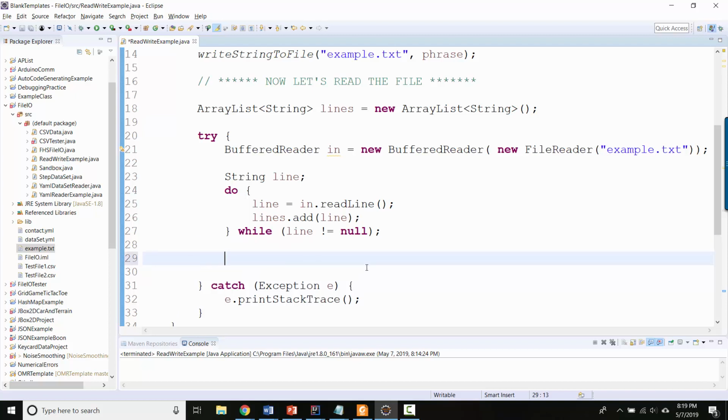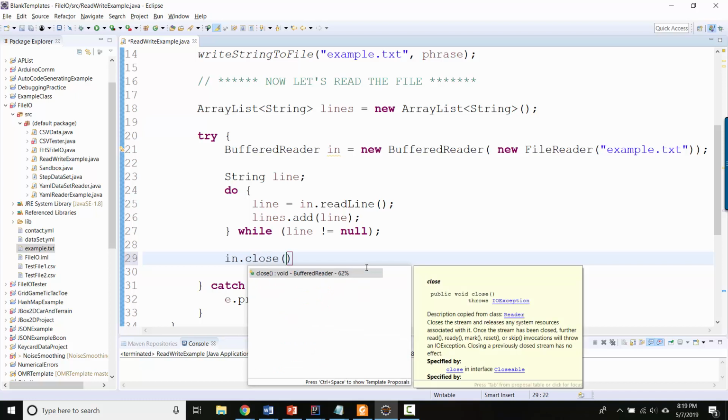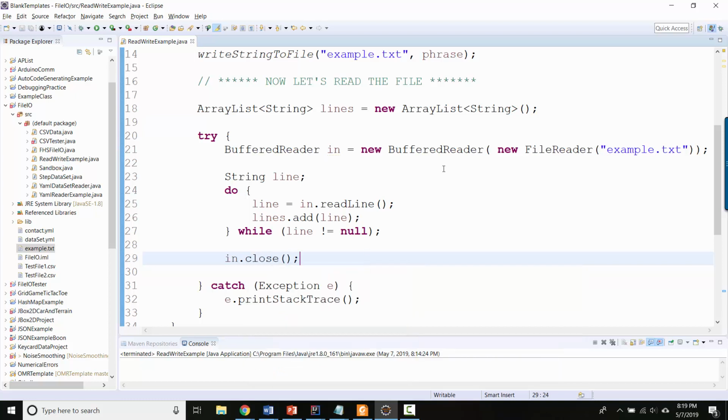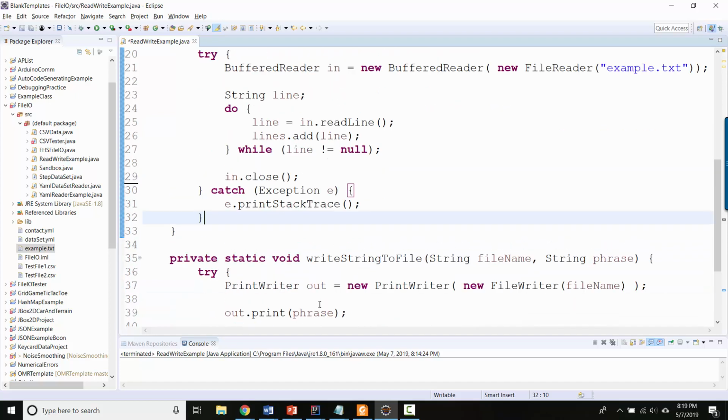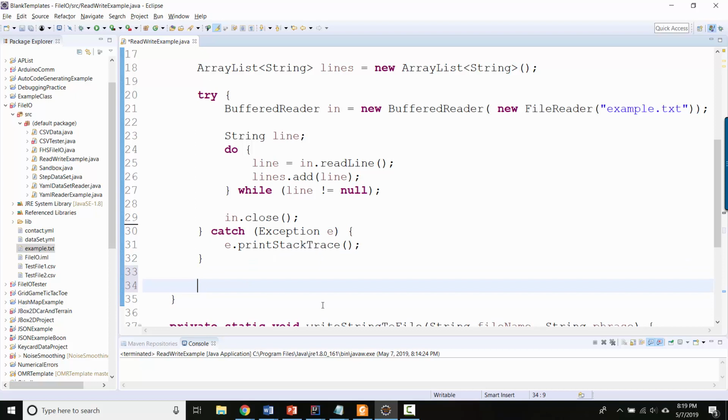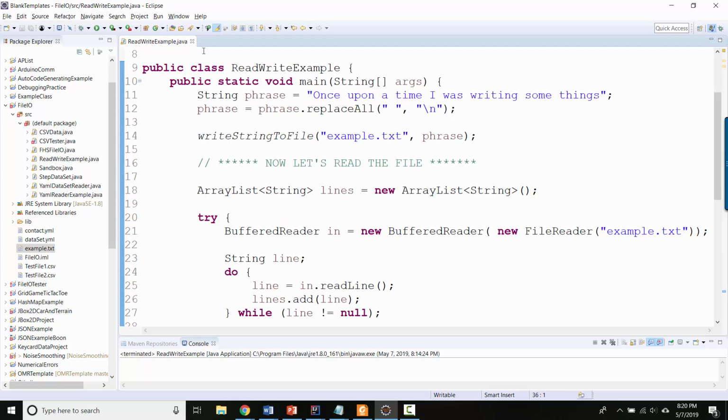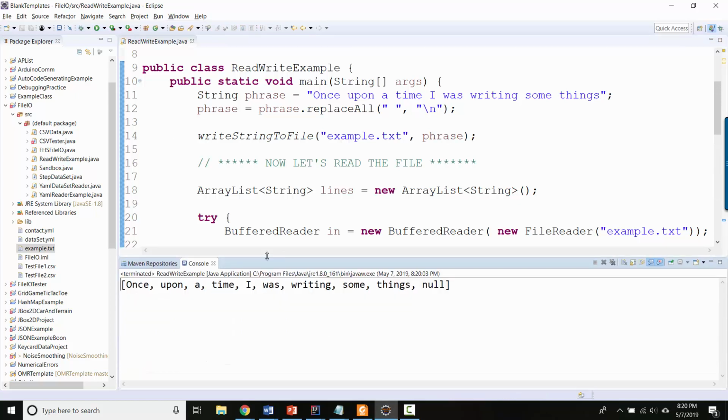And then what do I want to do? At the very end, I want to say in.close, because the file is open, and so I want to close the file once I'm done reading from it. All right, at the end here, after the try-catch block, I'm going to just print out lines, which is my array list, so that we can see in the console what it was that we read from the file. So let's run the program, and you see,